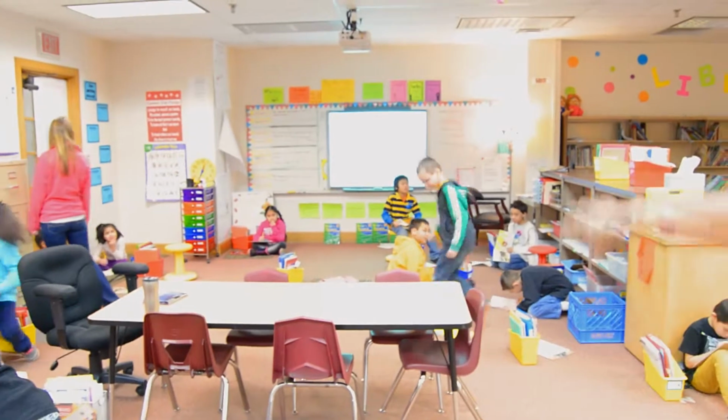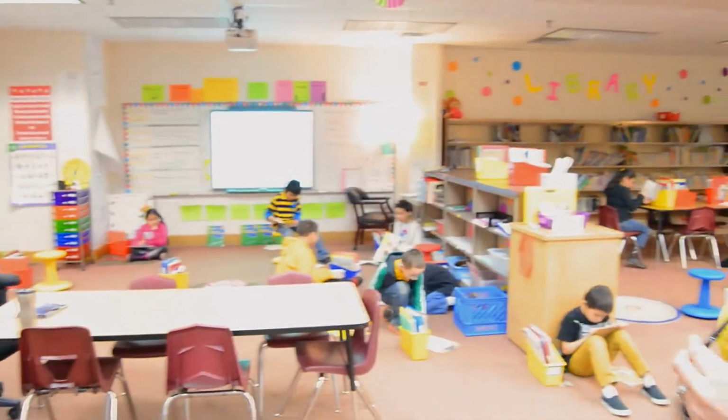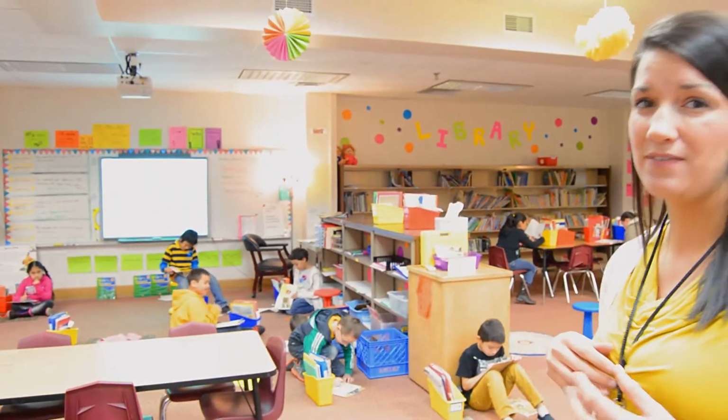So as you can see, these students are writing. They're able to use our Smartboard organization to know where they need to be if they need to be in small groups. Instead of all 32 kids together in one class, because Miss Brant has 32 kids, it would kind of be hard to go to each person,